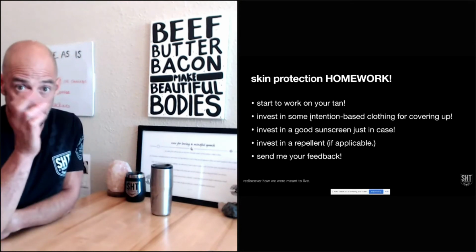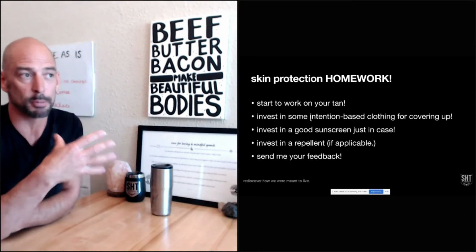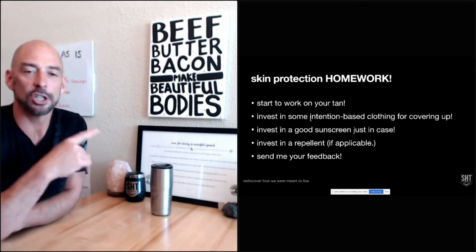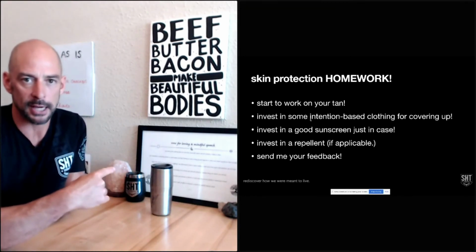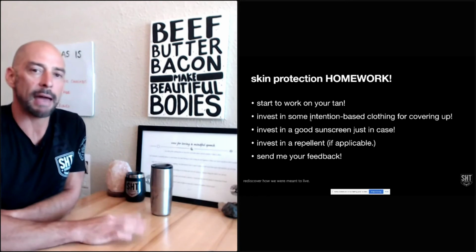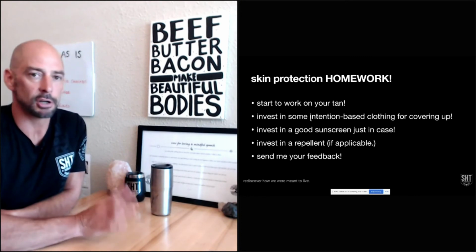The darker your skin, the more you have to get sun exposure to get more benefit from it. Invest in some intention-based clothing for sun protection. I think the best thing to do is not to always turn to sunscreen. The best thing to do is have a hat, have a towel, have long sleeve shirt and or pants, and